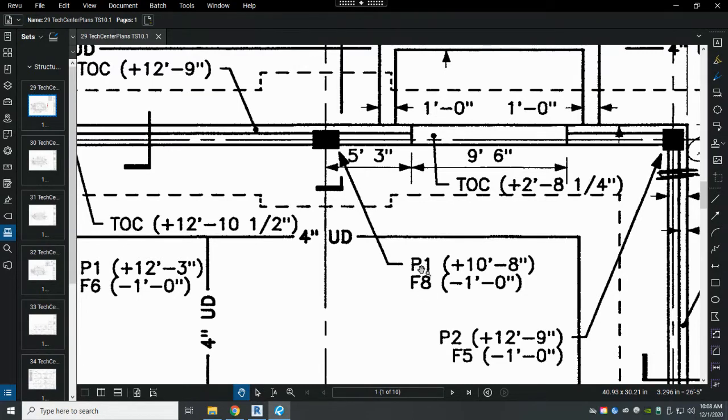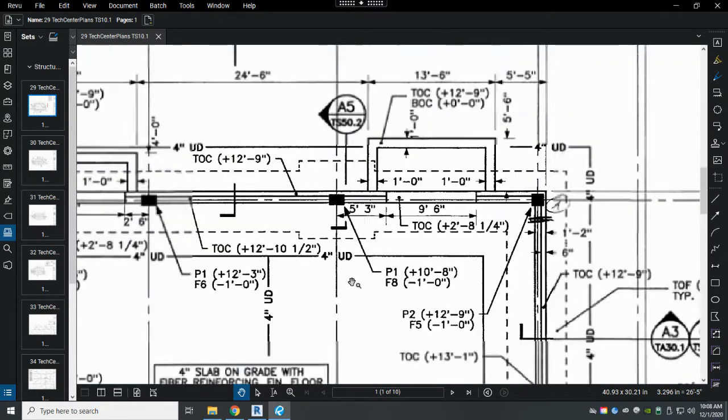So P1 is a kind of column or structural vertical member, and the plus 10 feet 8 inches is an indication of how high it's going above a certain level. And then F8 is the footing. So there's the footing right there that we can see. And it's going below whatever that level is, down -1 foot. So we need to find out what is the level that's being used to be our datum, or 0 feet 0 inches, so that we can calculate the height of the column from here and the depth of that footing from